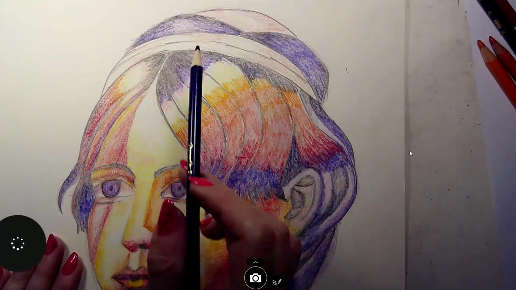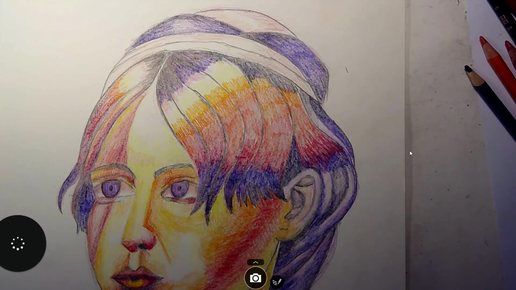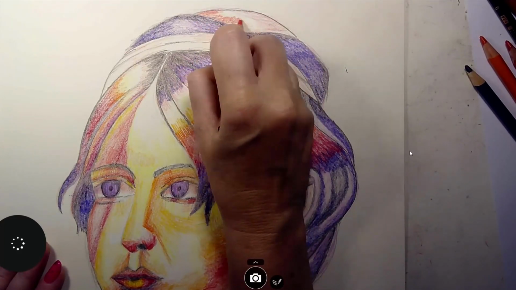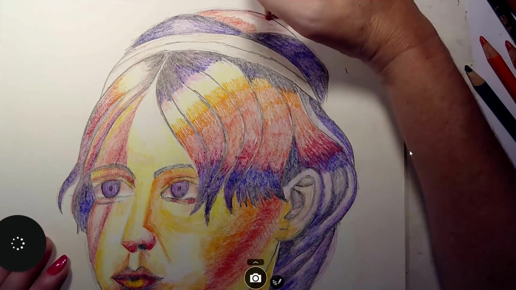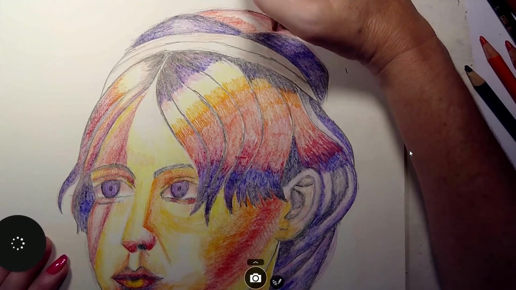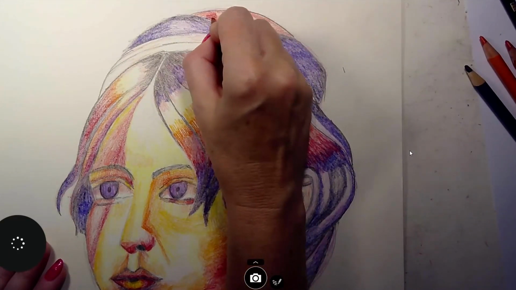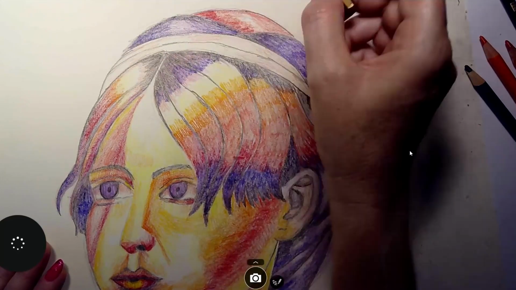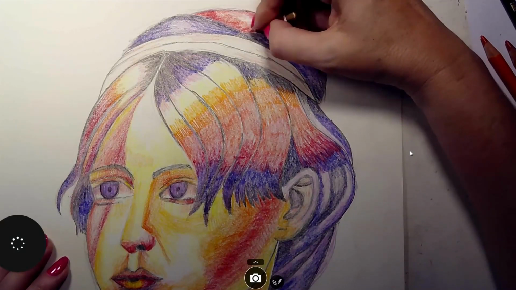And then the hair right there is a bit lighter, so I'm going to get this. So I'm brightening, on that second layer I was brightening the colors because they were kind of faint, but I wanted to start out with them faint because I didn't know if I was going to make a mistake. I'm going to get my red for right here. And for right here, I'm going to go and kind of,